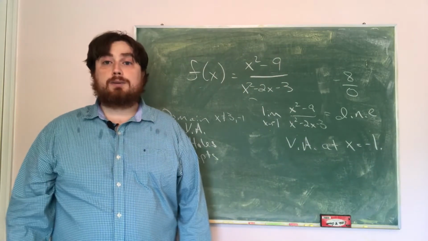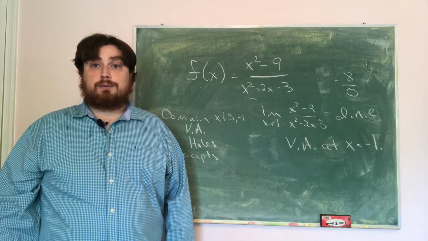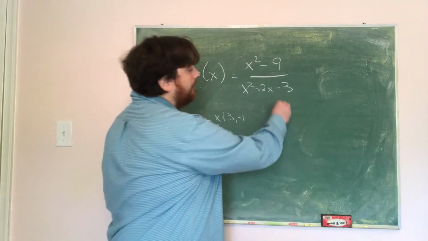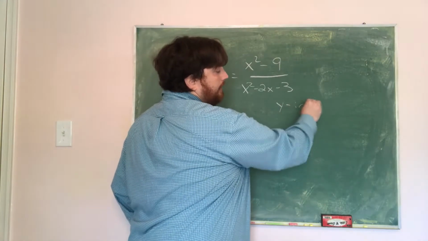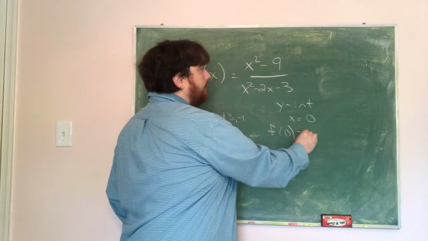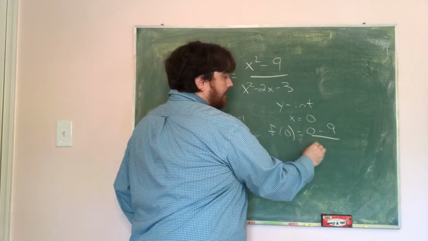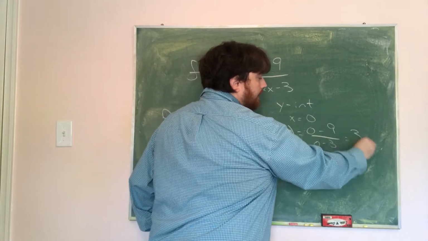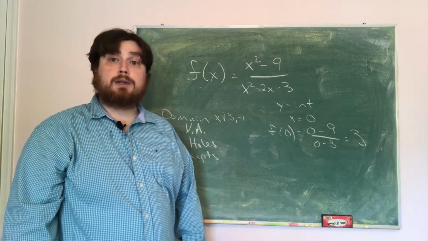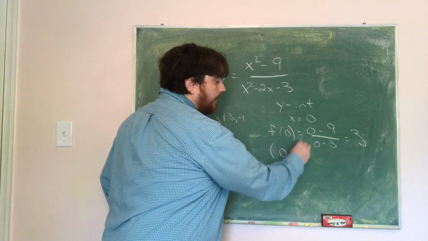And so again, we'll keep track of that so that when we're plotting this function, we can include that in our graph. Now, if we want to find the intercepts, the first one we can find is the y-intercept. For that, we're just going to let x equal 0 and find the function value. So f of 0 is 0 minus 9 over 0 minus 3, which is just positive 3. So I have a y-intercept at positive 3, so I can make note of the point (0, 3)